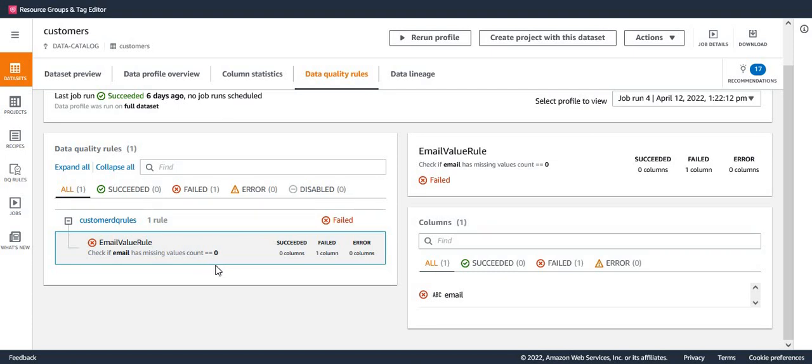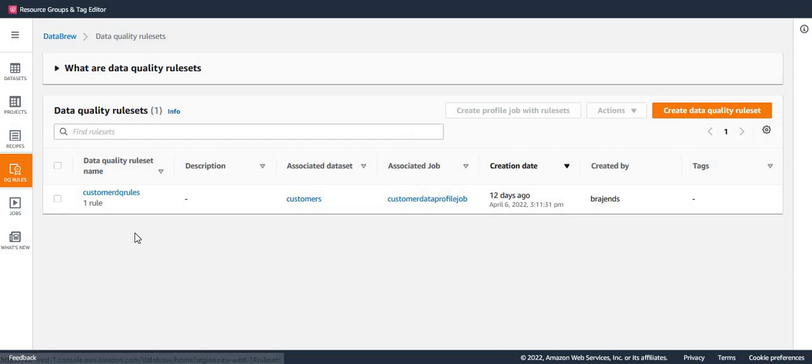And by the way, here's the link where you can create a data quality rule. You can see this data quality rule here as well. Let me in fact go there. If I go to data quality rules here and click, you can see this data quality rule is actually associated with my customers data set, and it's also associated with a